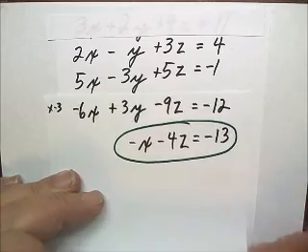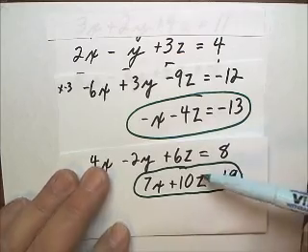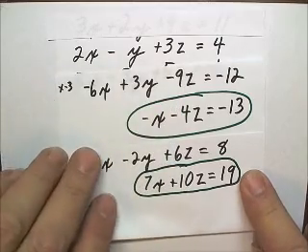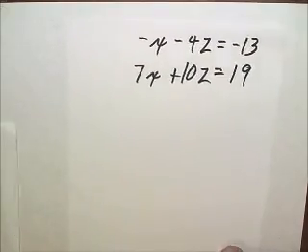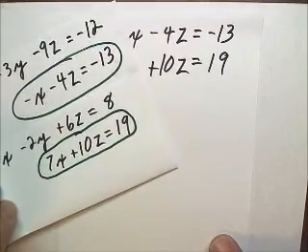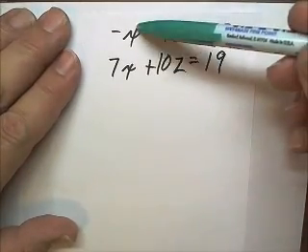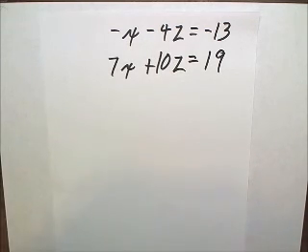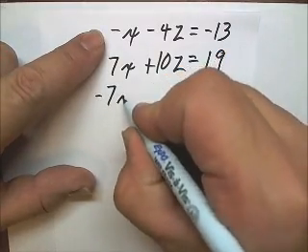So I have these two equations. Now I'll solve these two equations, and I'll have x and z. So these are the two equations that I need to solve. Looking these over, it looks like if I multiply the top one times 7, then the x's will disappear. So multiplying the top one by 7, I have negative 7x